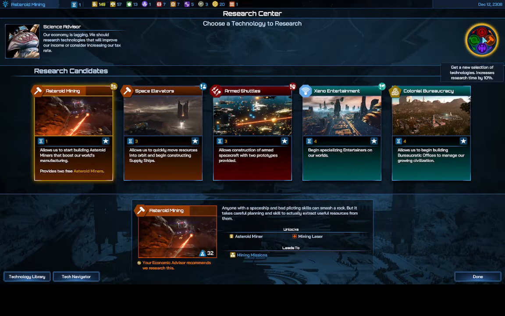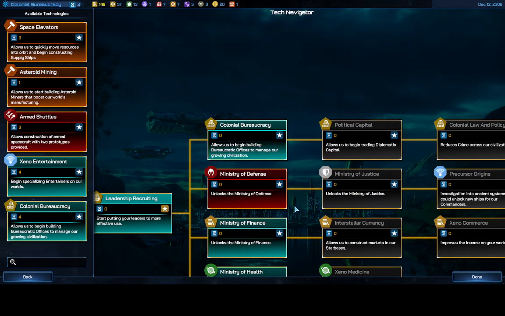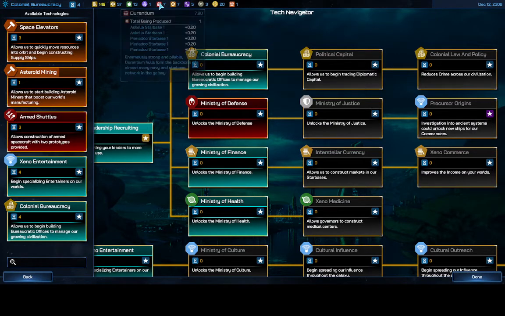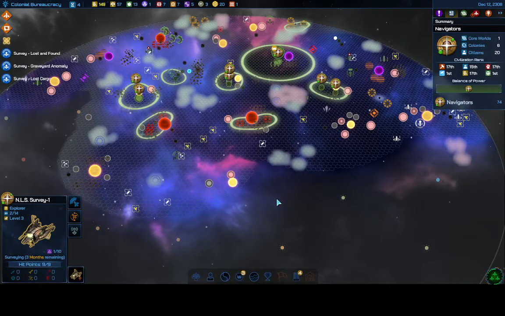let's look at the research here for a second. Yeah. So the Minister of Finance I can take when it comes up, and that'll open up the Galactic Bazaar, and then I can sell. Like I've already got quite a few resources, so I'm going to be able to make money off of that and possibly selling off some of these precursor nanites. So that'll be a goal of mine to get a Minister of Finance as soon as possible, but